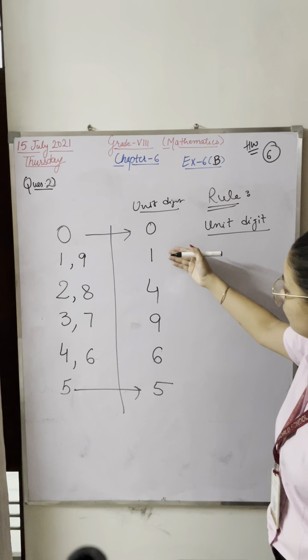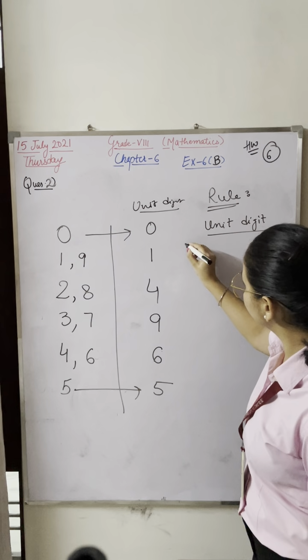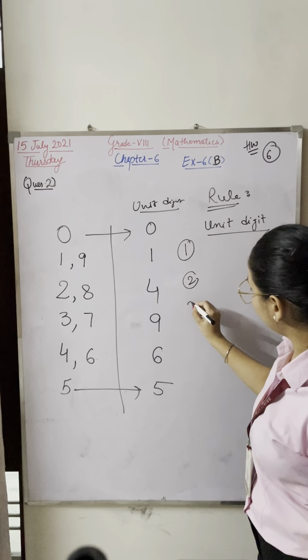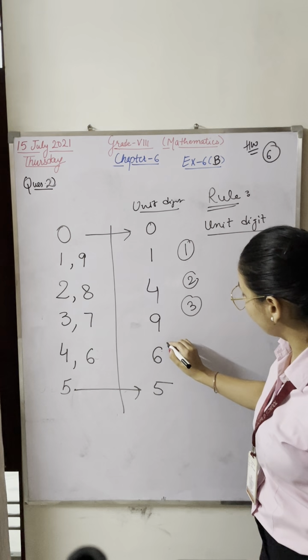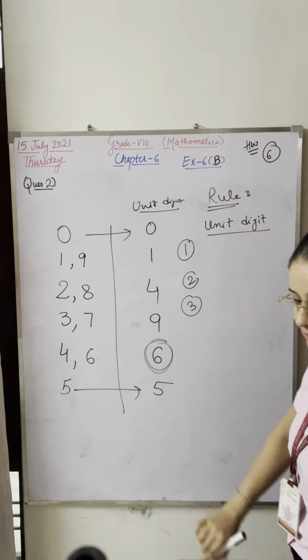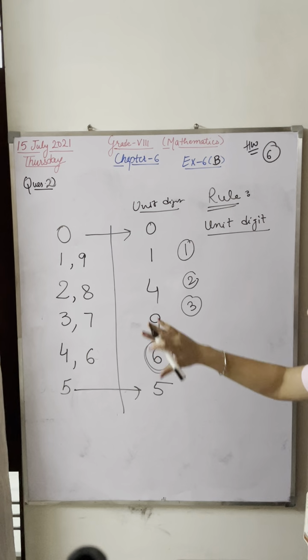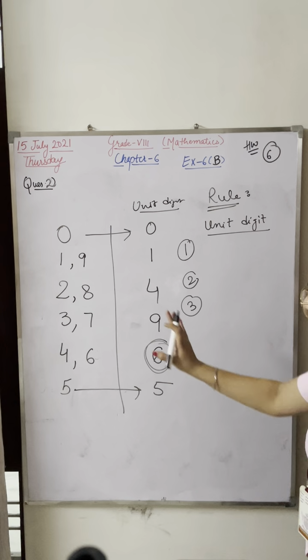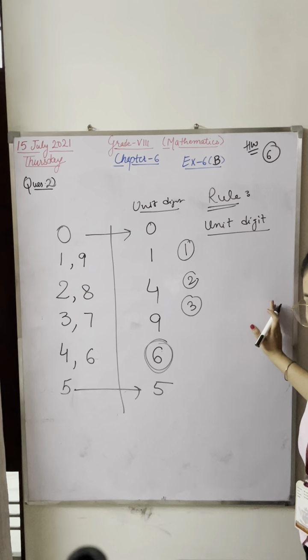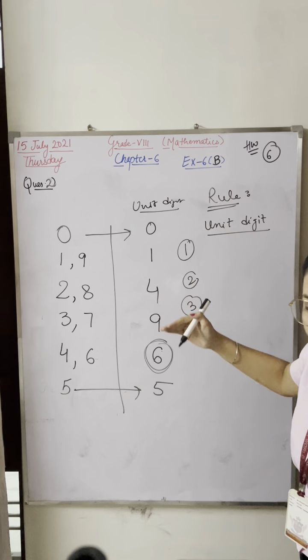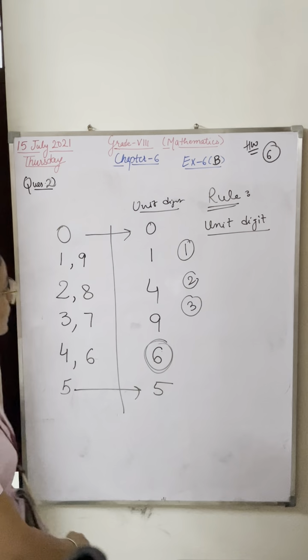And here you have to learn the squares. Square of 1, square of 2, square of 3, and you have to mention 6. This is a big trick to learn this thing. You can write this table on the left-hand side or right-hand side of your paper when such a question comes, to find out the unit digits. So you can learn this table in this way.